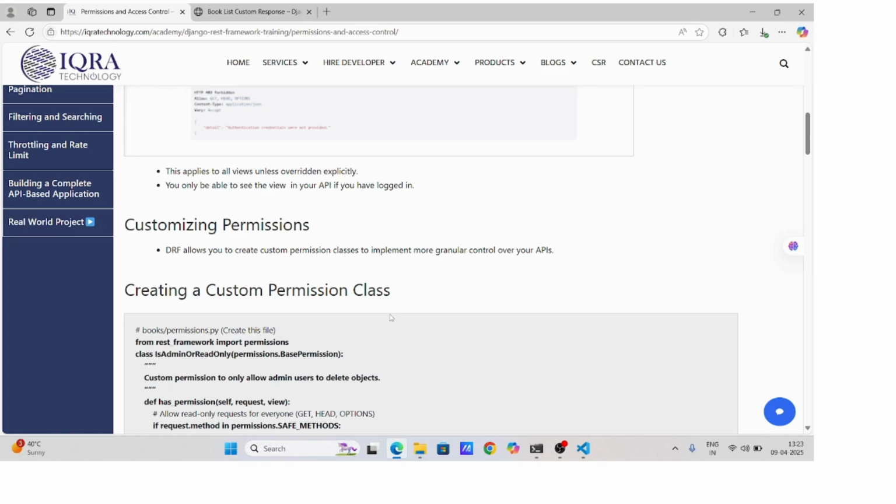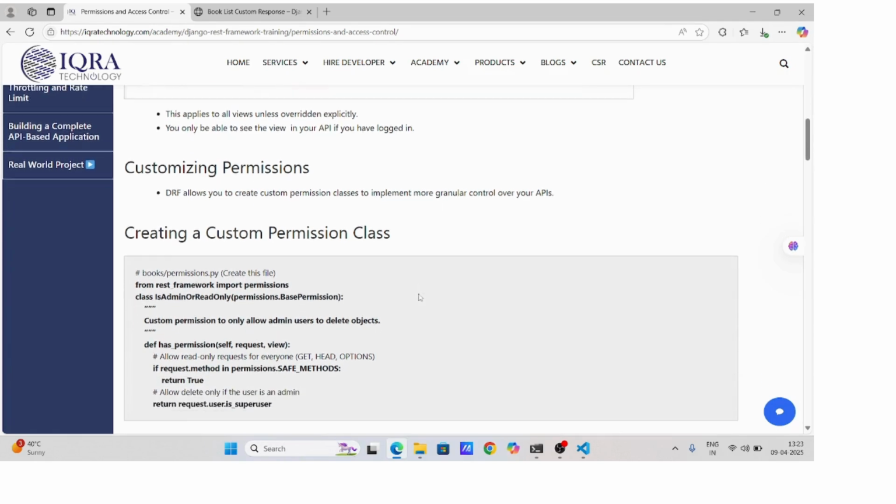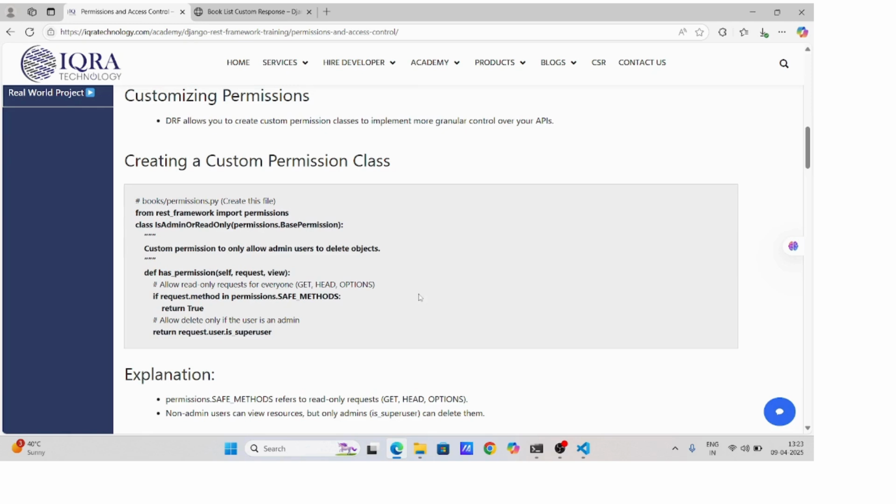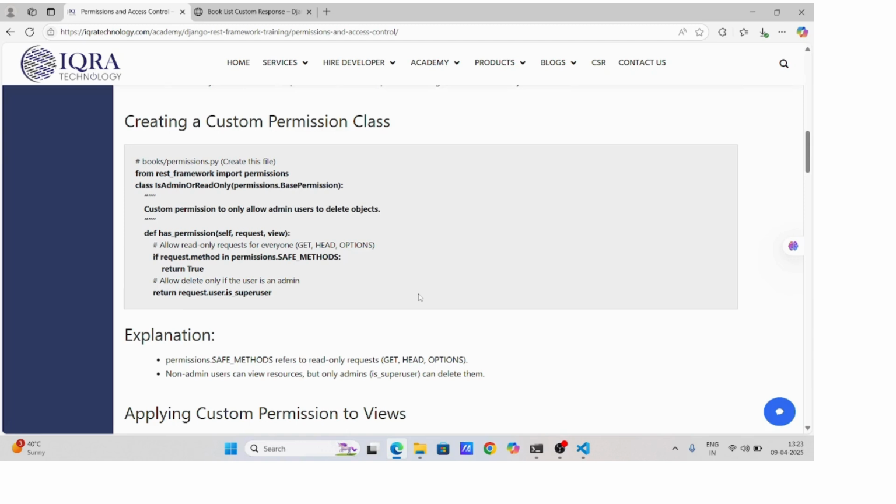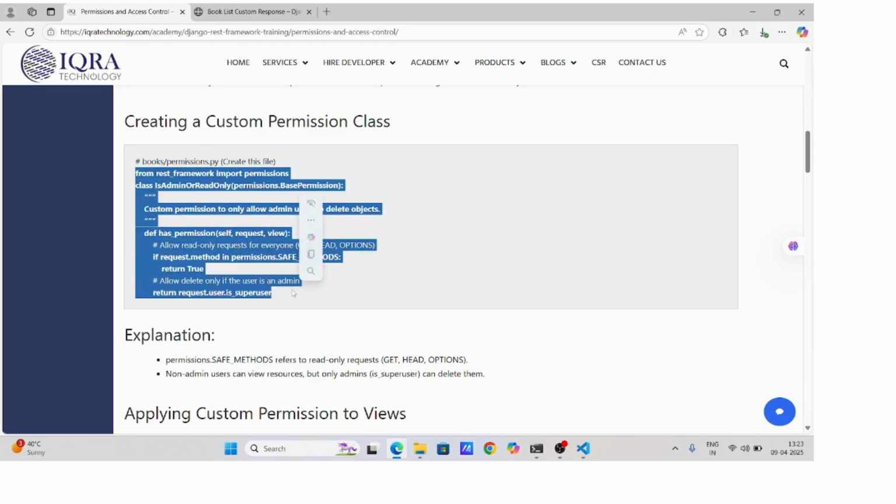Then, creating a custom permission class. Now let's say we want to allow everyone to read data, but only admin users can delete it. We can create a custom permission like this. So, for this, we have to create a permissions.py file inside our Books app. For this, let me copy this code,